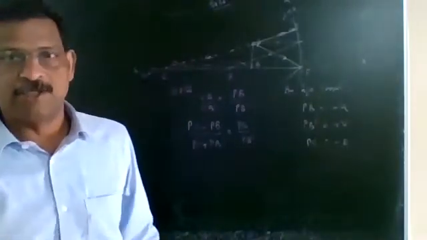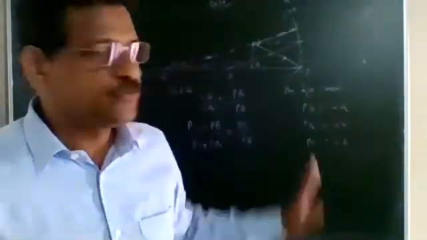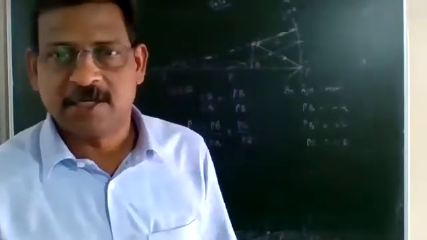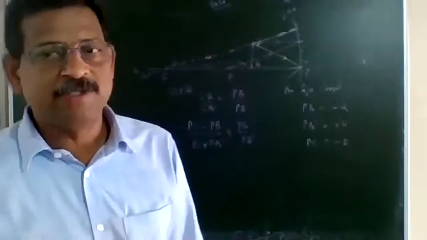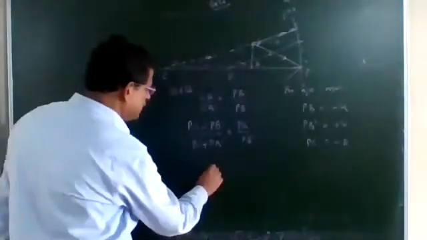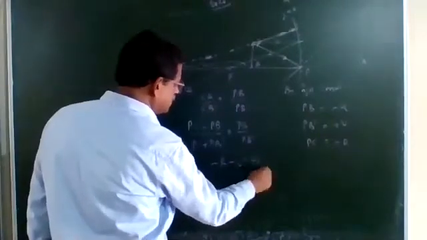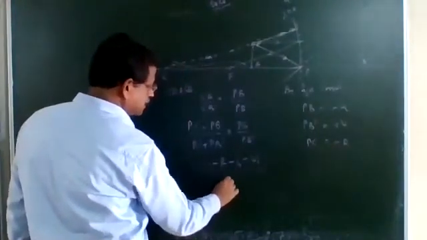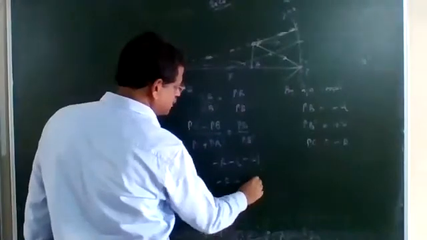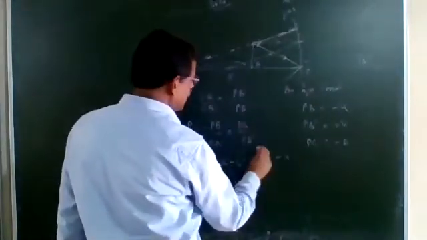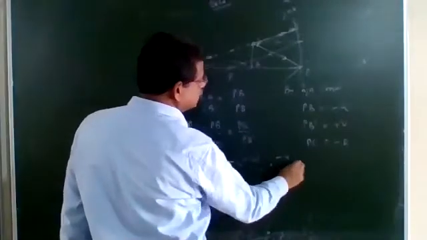In this diagram, these are the changes: minus U, plus V. Image is virtual, it is behind the mirror, and PC is equal to minus R. Substitute all these values in the equation. So PC we are getting minus R, minus PB is minus, divided by again minus R, PB dash is plus, equal to right side PB minus U and PB dash is equal to plus.